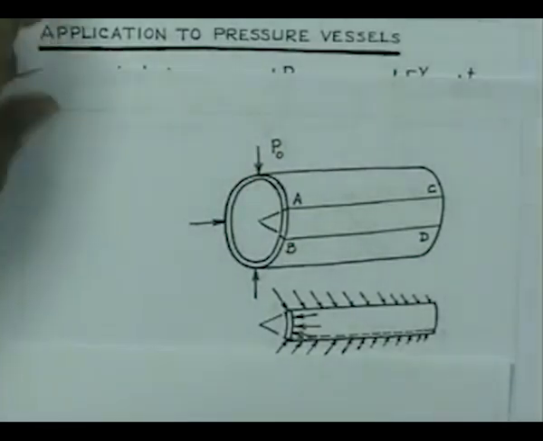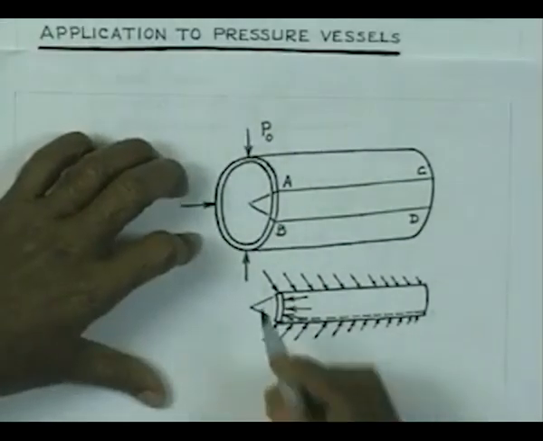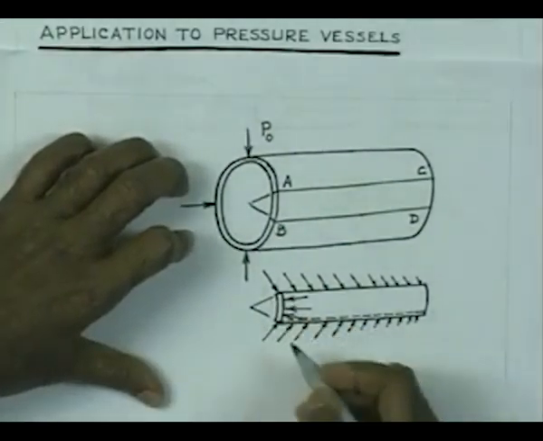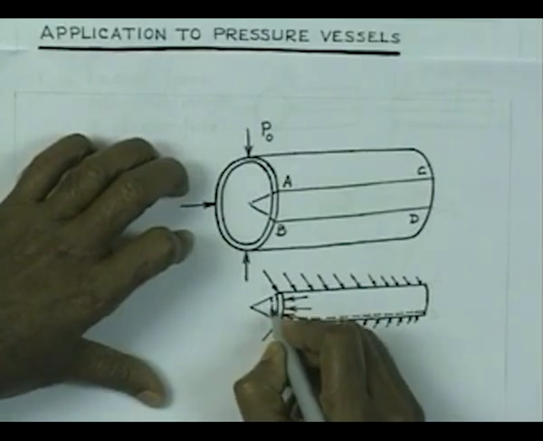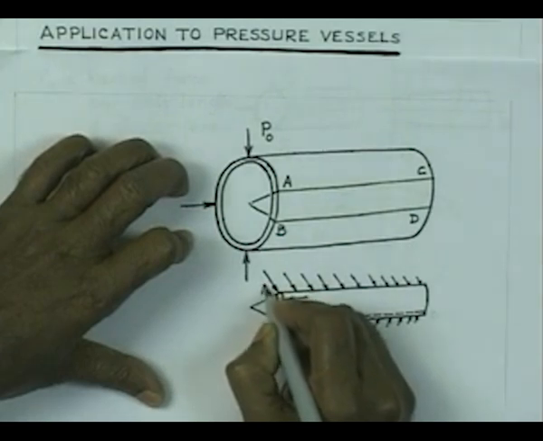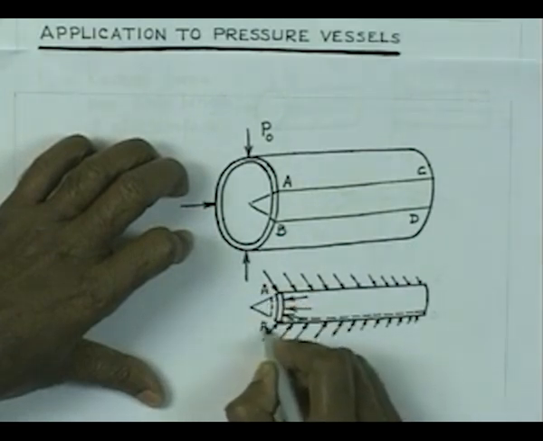So, if you draw it separately like this, you have this sector and now it is trying to move towards the center. So, therefore, A and B will try to move towards the center,